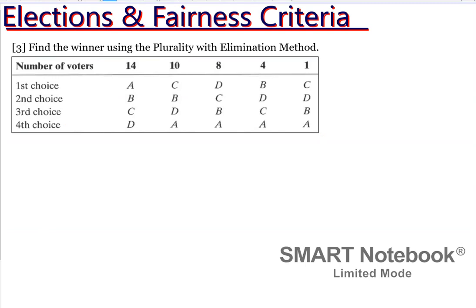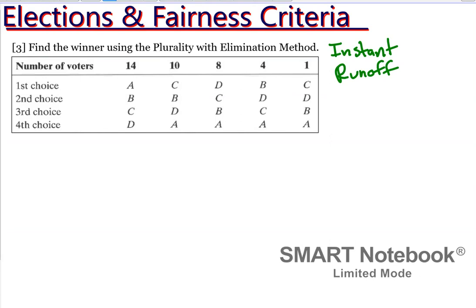And now we look at our next method, which is called plurality with elimination. Again, this also has a name known as instant runoff election. And it's called that because in many states and localities, you need a majority to be declared a winner. So I believe Georgia is one of the states where if their senators don't get a majority, then they eliminate those candidates with the least first place votes